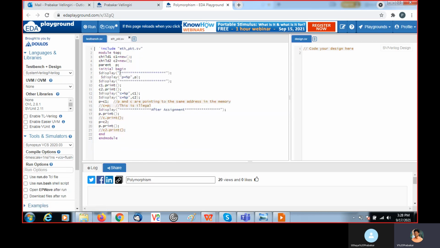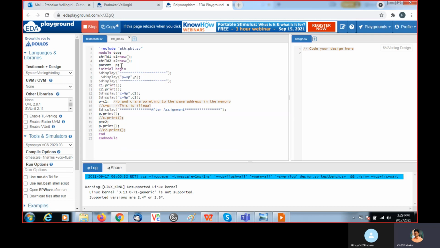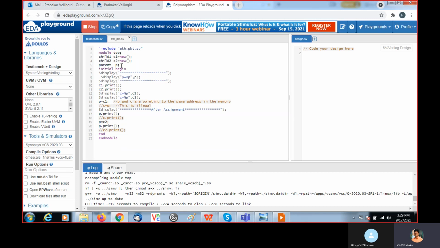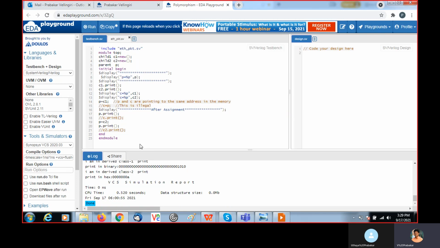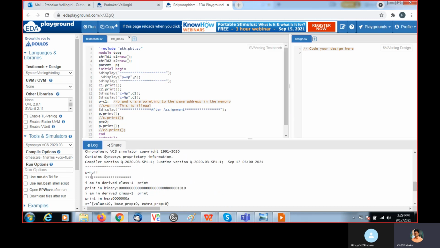I didn't create a new process. Within the initial begin, I am displaying P with the help of %p in bracket format. So we display this one. Here I didn't create any memory for that P. Okay. So it will give a null. P equal to null.